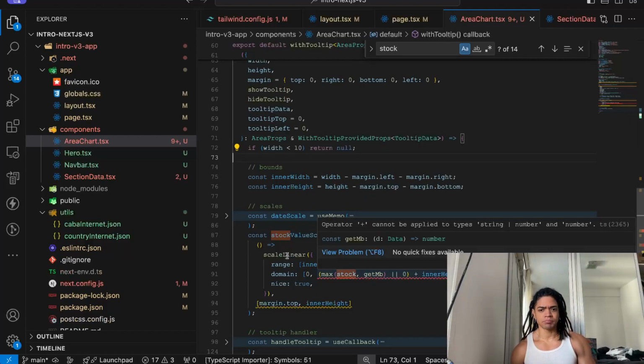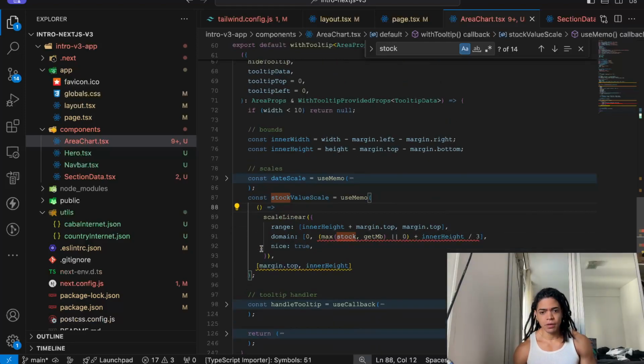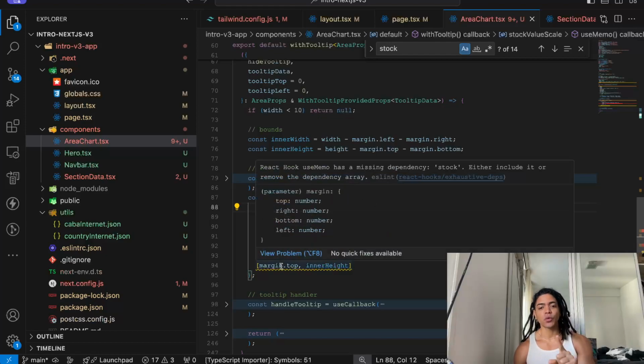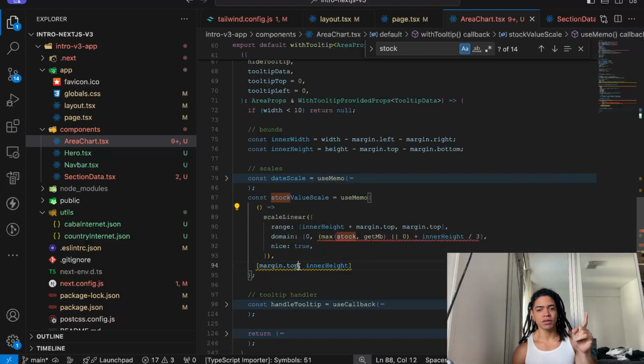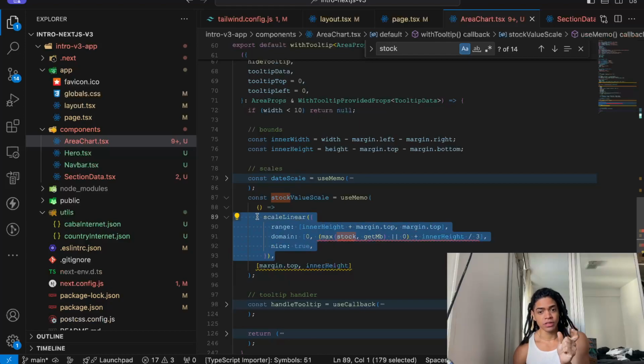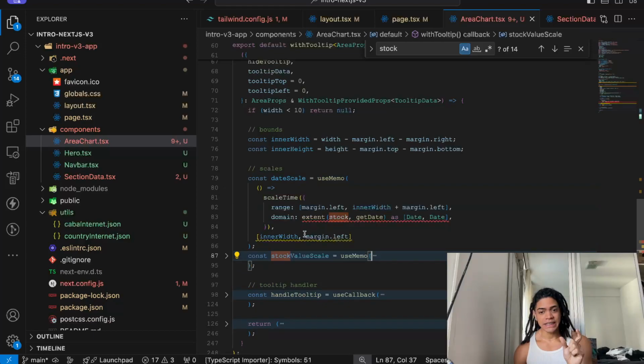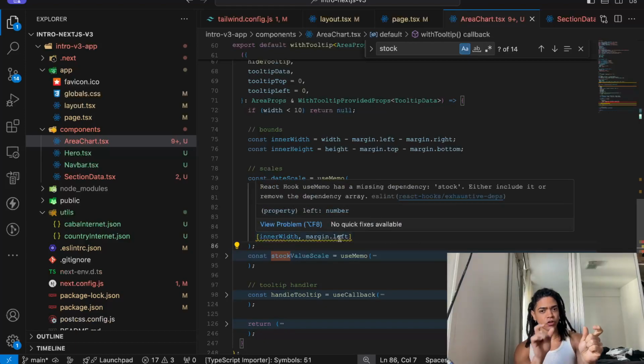But as you can see here, we're using useMemo to keep track of whenever this data changes, okay, and then cache that result, because we're going to return this data, the scale linear as well as the scale time. Okay, so actually to show the proper data on the tooltip.